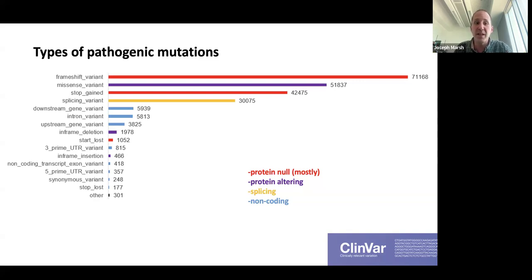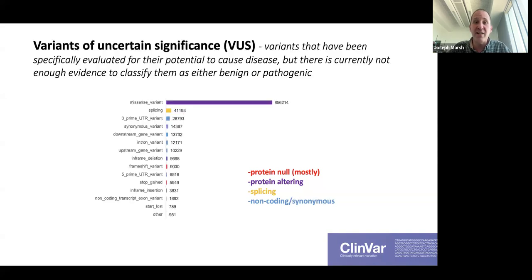That's very similar for the third biggest group there, the stop gain group, which is premature stop codons that stop proteins from being made. But the second biggest group is what we're mostly interested in, and those are missense variants. Those are single nucleotide changes at the DNA level that lead to single amino acid changes at the protein level. And interestingly, if you look in ClinVar at those variants that are classified as variants of uncertain significance, which is what clinicians are really interested in, these are variants that are observed in humans, and there's not enough evidence to say whether they're pathogenic or benign either way. And the overwhelming majority of those are missense variants.